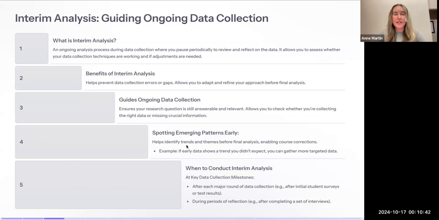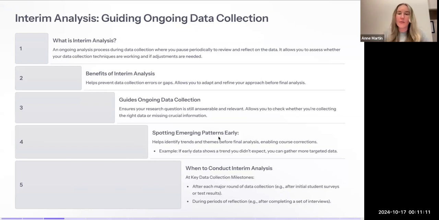So as you are teaching, as you are doing your field notes, if you have an analytic, we call this an analytic memo, that is when you're not just describing what happens, but you think that you're noticing potentially a pattern that is coming across in either student interviews, in your field notes, in your test scores. You can write an analytic memo that is discussing an emerging pattern or theme or potential finding that you are